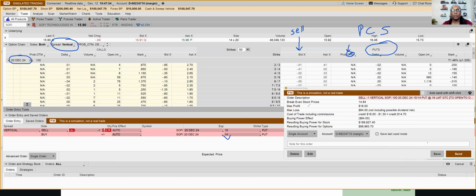Shows here $16 is your max profit. $84 is your max loss. The cost of the trade, you're going to get a credit of $16 minus the money that it's going to cost you for your fees. Buying power effect means the broker is going to block off $84 of your dollars. In your regular account, it'll tell you how much money you've got left to do stuff with. And when you're okay with that,